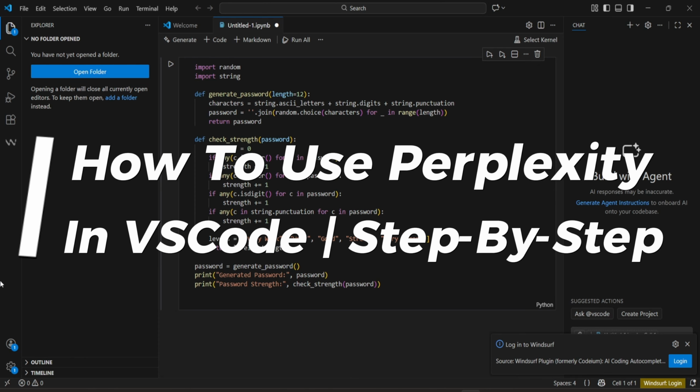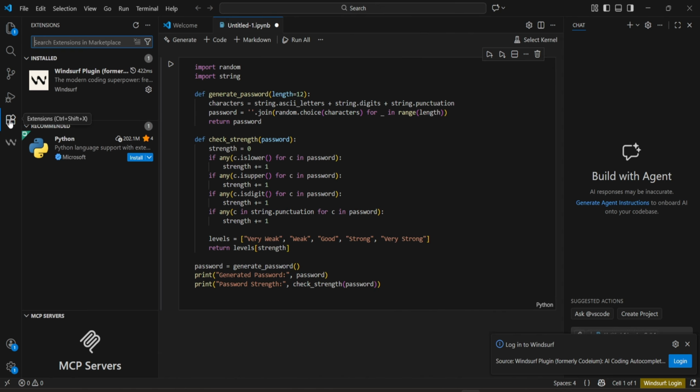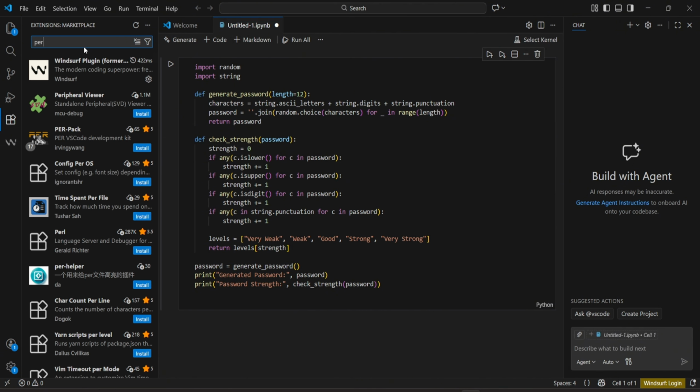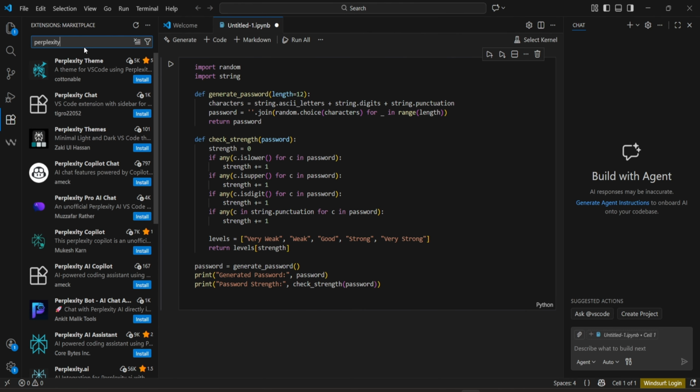How to use Perplexity in VS Code. So what you're gonna do is go to your extensions over here and just search for Perplexity AI. So type that in on the little search bar for Perplexity, and you should be able to find